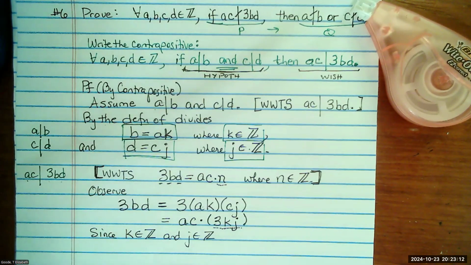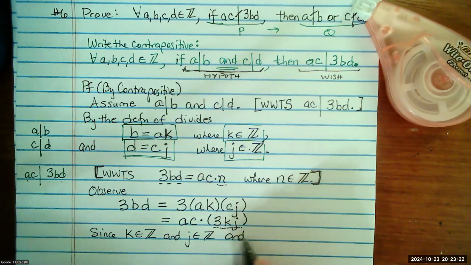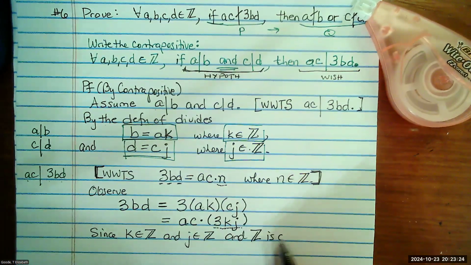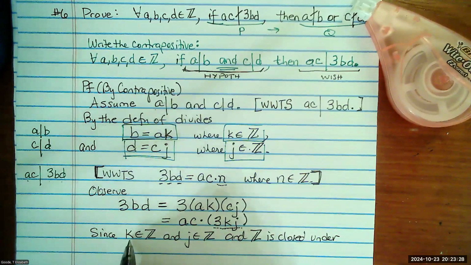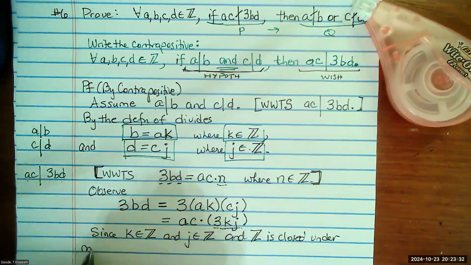Multiplication. So how do you want to word this? Z is closed under multiplication. Perfect. So since K is in Z and J is in Z and Z is closed under multiplication,